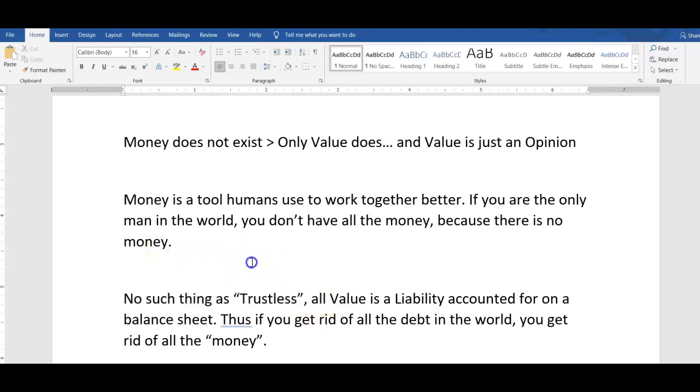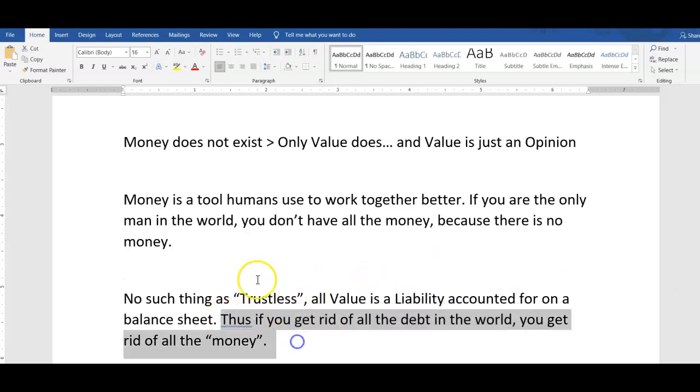All value is a liability accounted for on a balance sheet. All blockchains are effectively just accounting tools. They're certainly breakthrough accounting tools. But if you get rid of the liability, say XRP is a liability of the XRP ledger. I know back in the early days, I think they backed off of it now, but Ripple used to say XRP is a counterparty-less asset, meaning no counterparty. I think people claim the same thing about Bitcoin. In neither case is it true. The digital asset is a liability of the network.